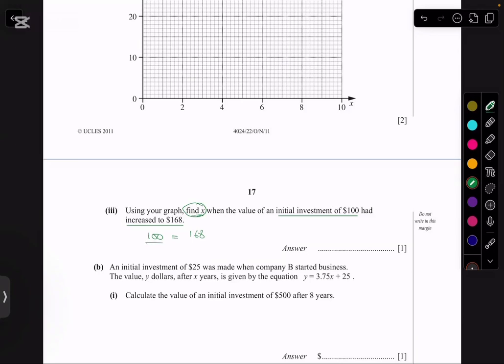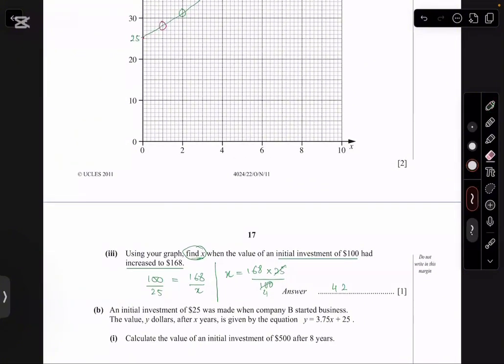But हमें ये पता है कि अगर यही इन्वेस्टमेंट $25 की होती तो उस वक्त ये X value, like this is what I'm supposed to find out. So can I simply say from here that X is actually equal to 168 into 25 divided by 100. Or I can say it's a 25 and a 4, and it's a 168 divided by 4 giving me a 42. So I know that my x on the y-axis, it should be for 42 on the y-axis.